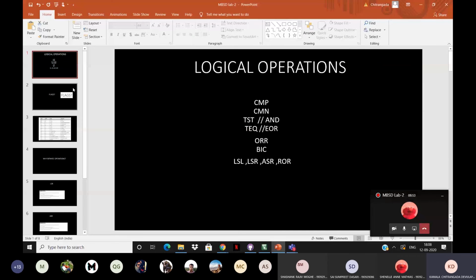So we'll start off with logical operations. Before we get into this, as you can see, the first four commands there, CMP, CMN, TST, and TEQ, perform operations: CMP performs subtraction, CMN is analogous to addition, TST to AND, and TEQ to EOR. But the only thing is, it does not write the result to a register. It just updates the flags. I'll get to why we would use them if we cannot write out the result and just update the flags. And then we'll also deal with LSL, LSR, ASR, and ROR.